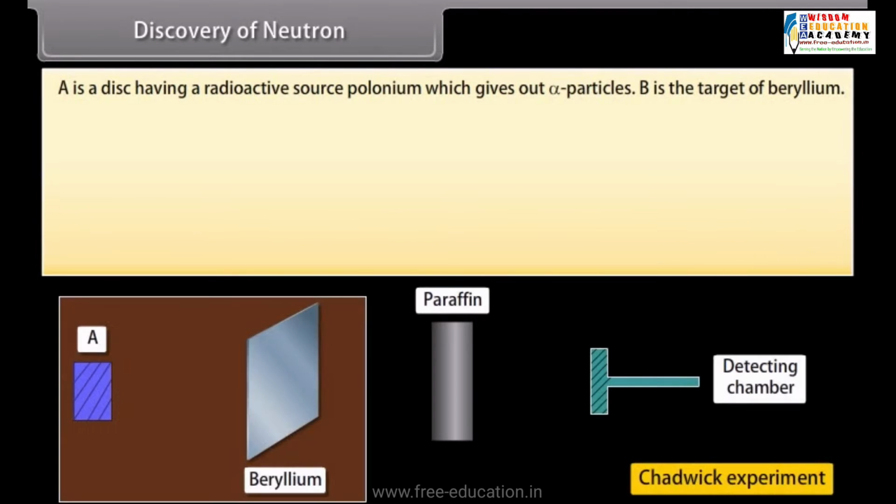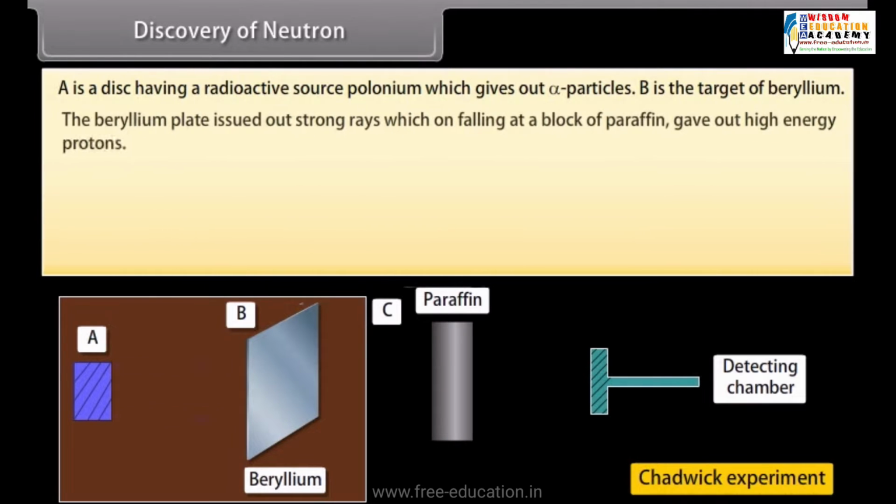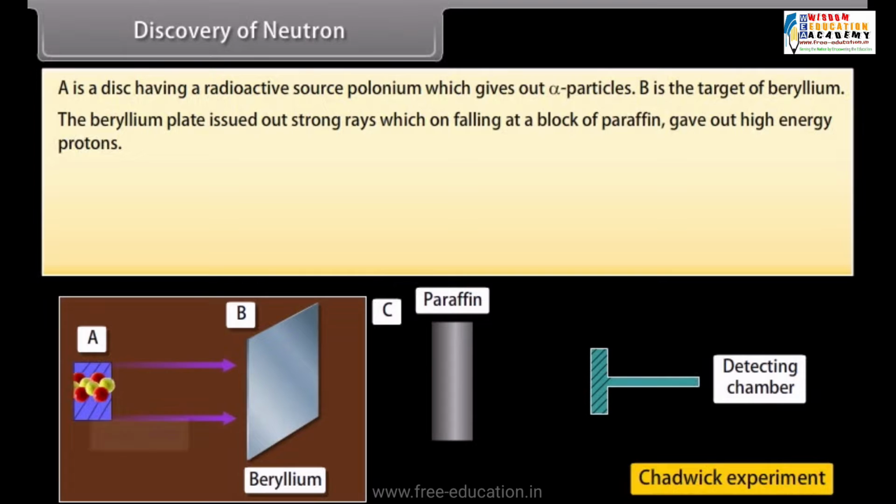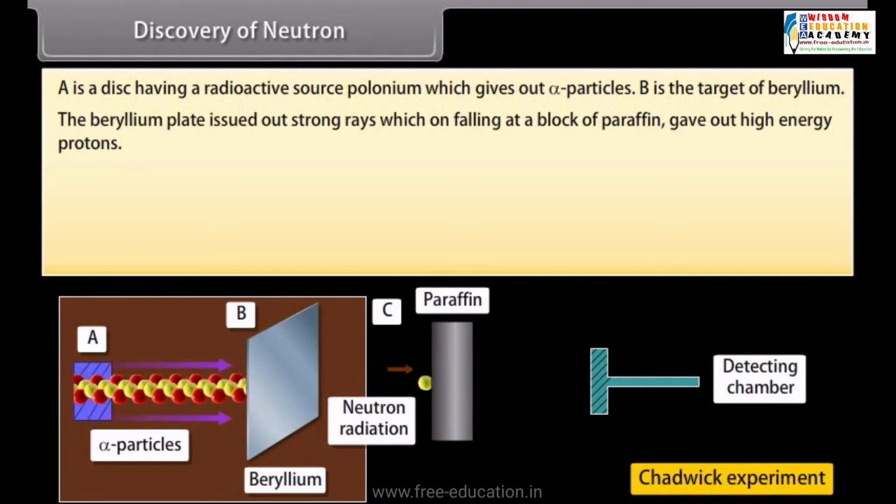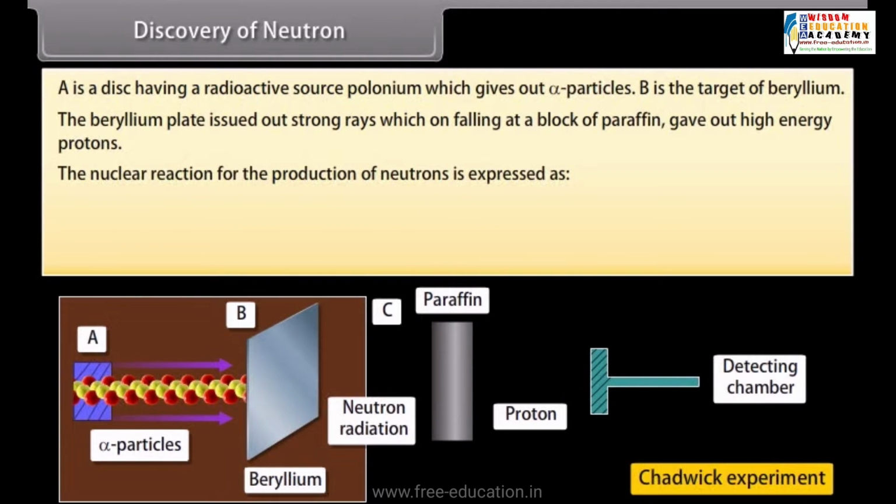Discovery of neutron. A is a disk having a radioactive source, polonium, which gives out alpha particles. B is the target of beryllium. Both A and B are placed in an evacuated chamber C. The beryllium plate issued out strong rays, which on falling on a block of paraffin gave out high-energy protons. The nuclear reaction for the production of neutrons is expressed as